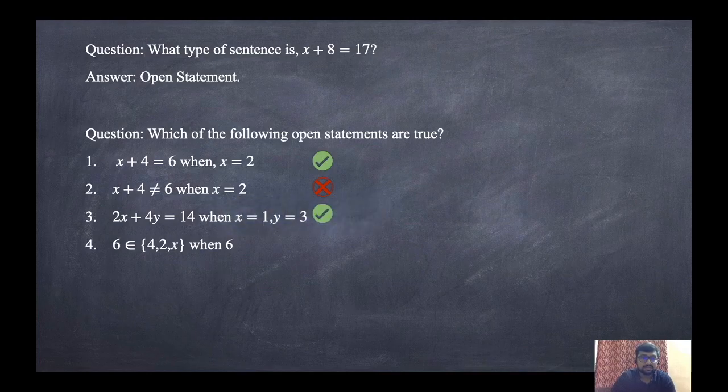And the last one, 6 belongs to 4x whenever x is 6. Yes, 6 belongs to 6. So it is also the correct one. Now,